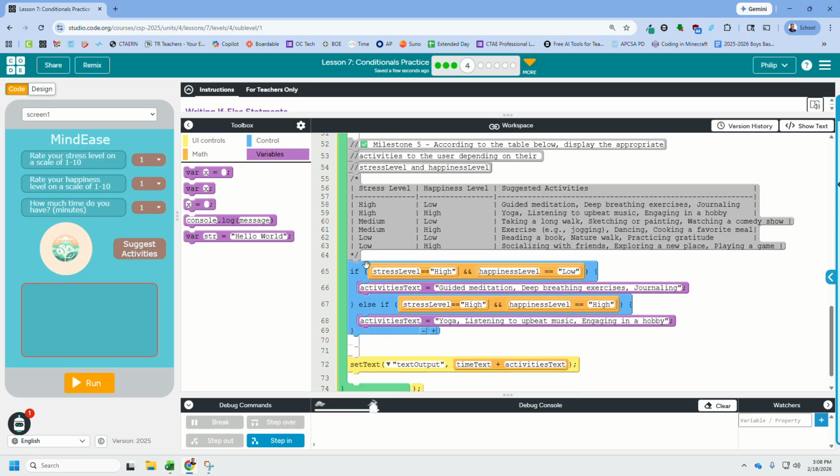Okay, so I'm going to do an if, else if. I'm not going to have a final else. Okay, so these are kind of specific conditions. And now what I can do to make it a little bit more manageable, I can copy this whole thing,